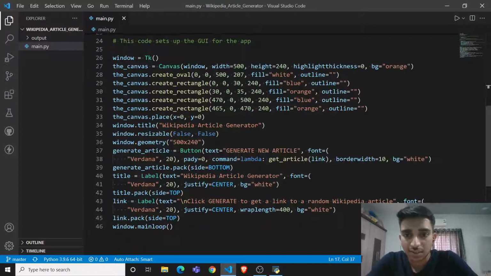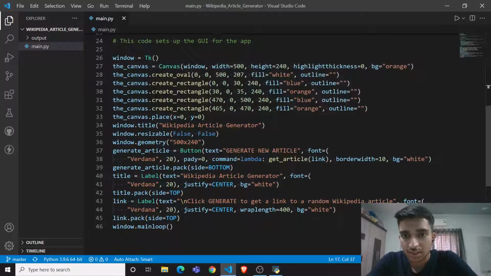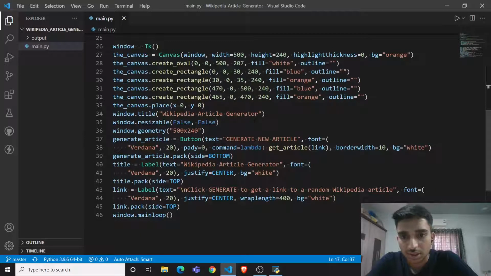And then, through this window object, we can call the title method and give the title of this project, that is, Wikipedia Article Generator.